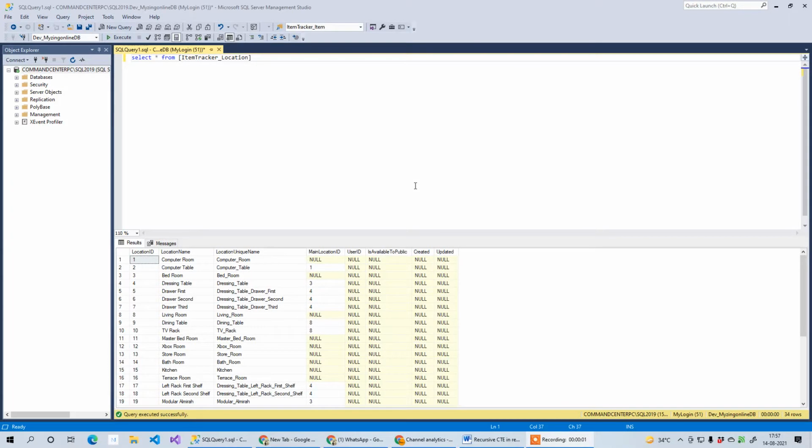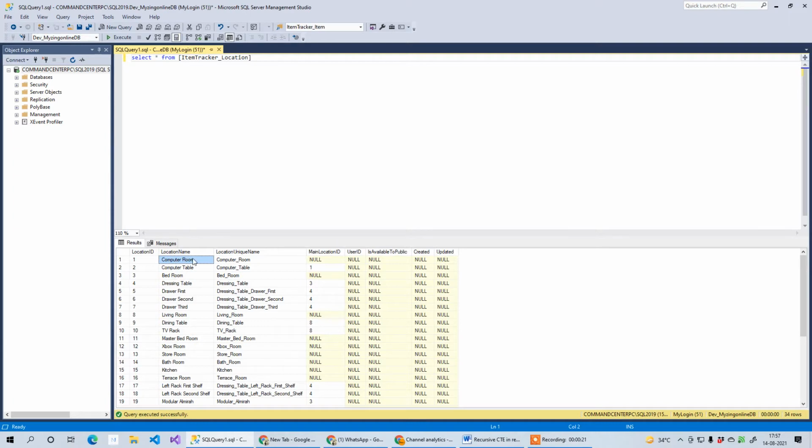Hi guys, in today's video I'm going to discuss a few things about recursive CTE in reverse. Common table expression. You have all practiced that at some point for interviews and for other purposes. I have a table in which I am using some hierarchy data.